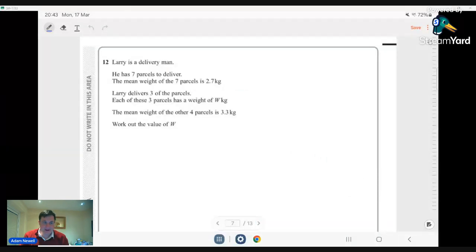Next question. So Larry's a delivery man. 7 parcels to deliver. The mean weight of the 7 parcels is 2.7. So if I do 7 times 2.7, I get 18.9. And that's the total mass of all of the parcels. He delivers 3 of the parcels, and each of these 3 parcels has a weight of W, so 3W. The mean weight of the 4 parcels is 3.3. So 4 times 3.3